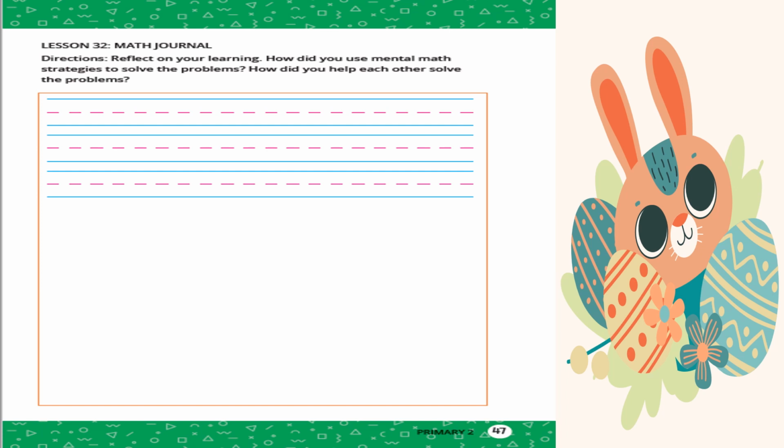Equation number 1, 13 plus 3. Now we will use the doubles mental strategy. What is the double of 3? 3 plus 3 equals 6. 6 plus 10 equals 16. Equation number 2,